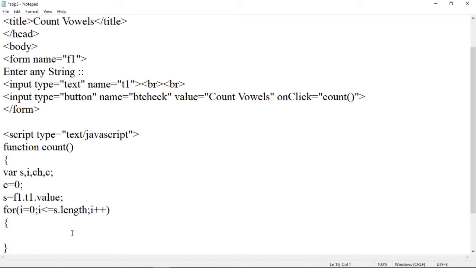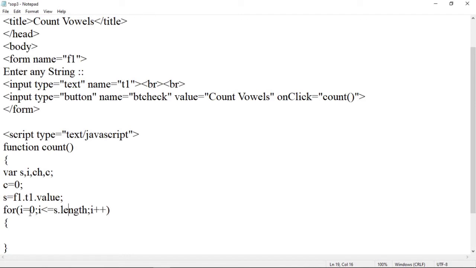why we have used i is less than or equal to s dot length. Here s dot length is a property. Length is a property of string. Okay, so s dot length will give you the length of that string. So to iterate the loop until the string count is there, that is the total number of characters in the string, that we will get with the s dot length property. So if there are 4 characters, suppose a b c d, then s dot length will give you the value 4. So the loop has to be iterated 4 times.